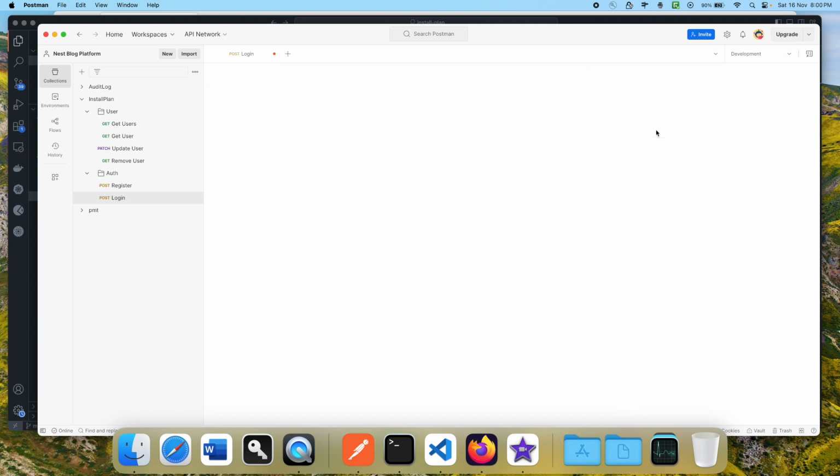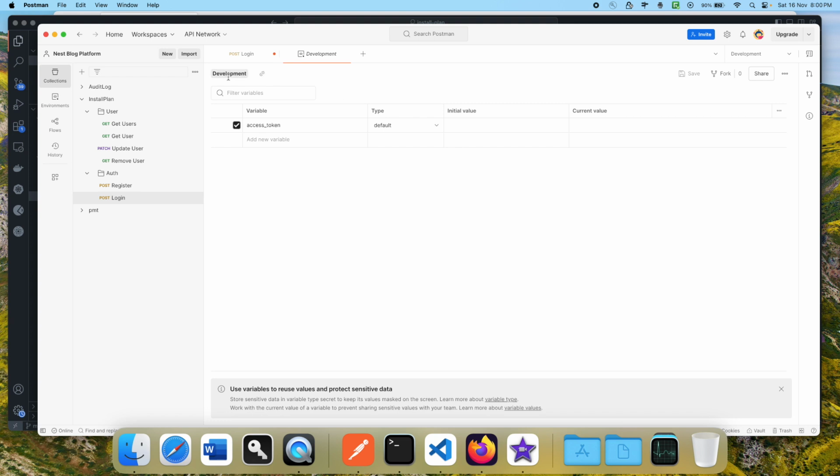Here, this environment name is development and I have a variable named access token. So just create an environment and name an access token, mark it as active, and then don't put anything as default here. That's all we need to do in the environment variable. If you want to use it in any other endpoint as a variable, then next what we will be doing